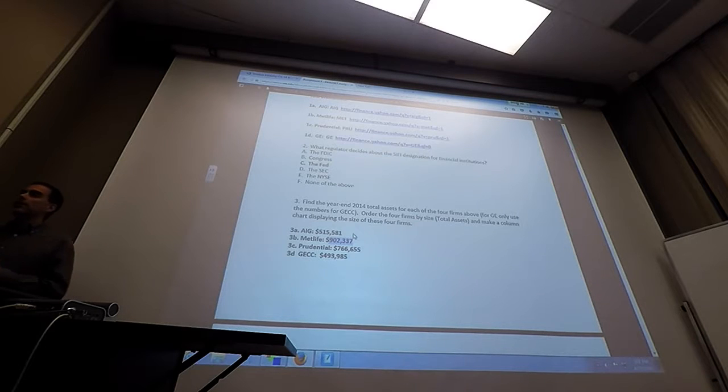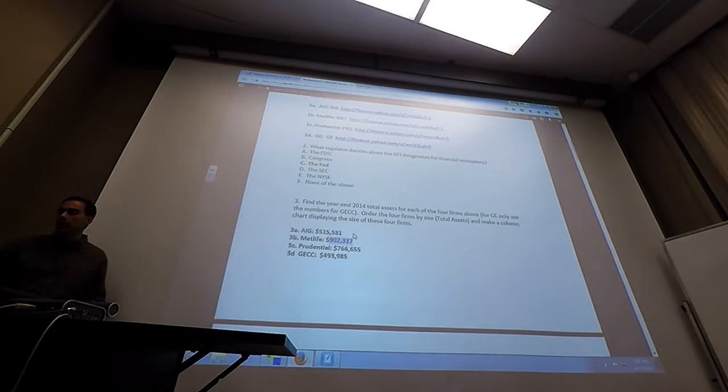So compared to the big banks, again, I mentioned the wrong number for the big banks last time. Like JP Morgan Chase, the biggest bank, it's up at around $2 trillion. So this is half the size of the biggest bank. So it's not as big as the biggest banks, but it's still half the size. It's still pretty big. I mean, almost $1 trillion is big. Then you got Prudential a little bit behind them at about $766 billion.